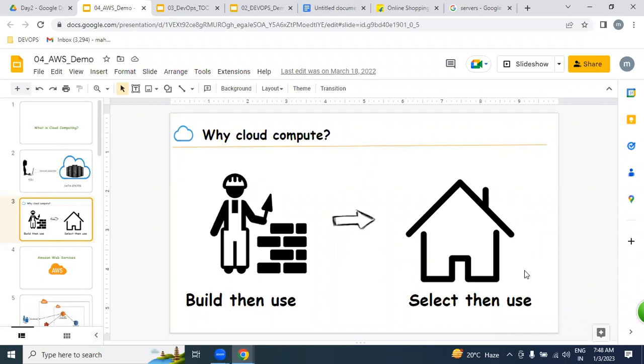Listen very carefully, each and every student. I need a car, right? But how many ways can we get a car? Two ways: either buying a car, or a rental car.